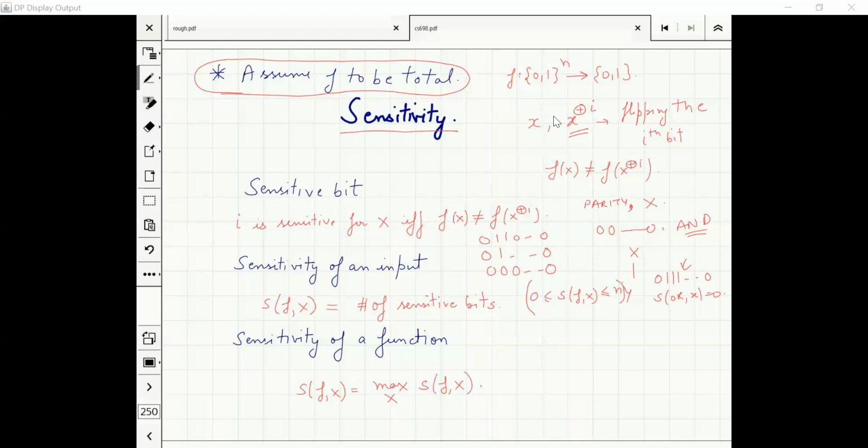Notice this pattern. This is the way in which we will define many of the complexity measures. Finally, this is the sensitivity of the function. Generally, we talk about the sensitivity of the function. That is what I mean when I say complexity measure of the function. This is this final sensitivity. So the sensitivity of OR is